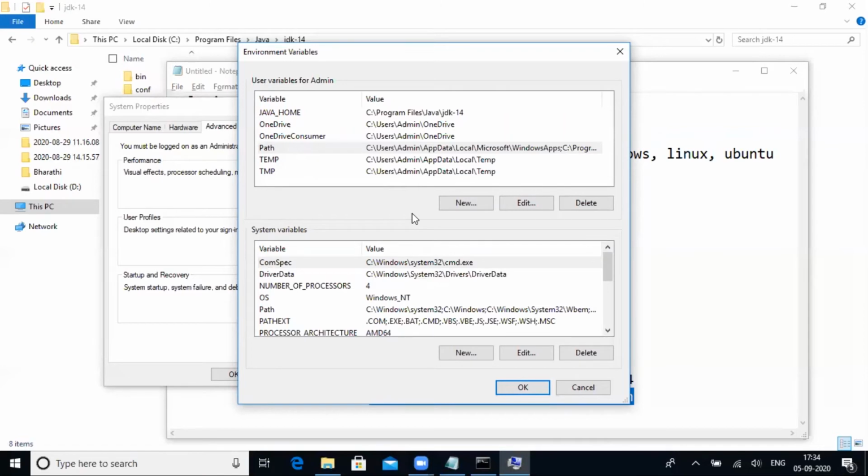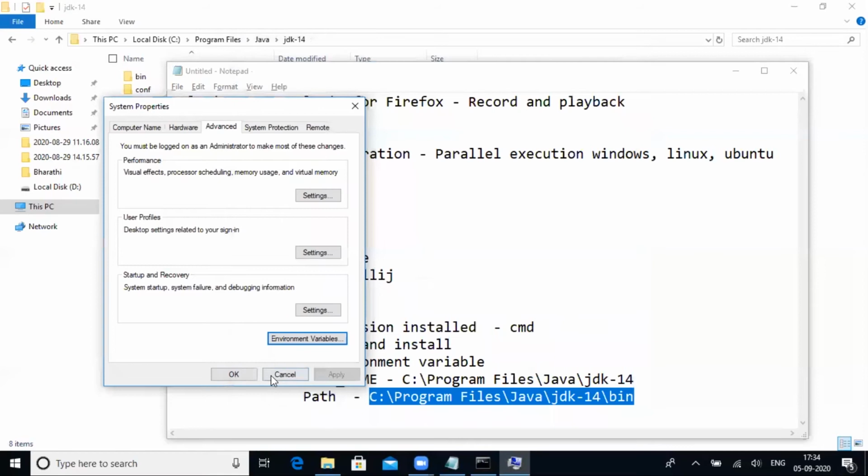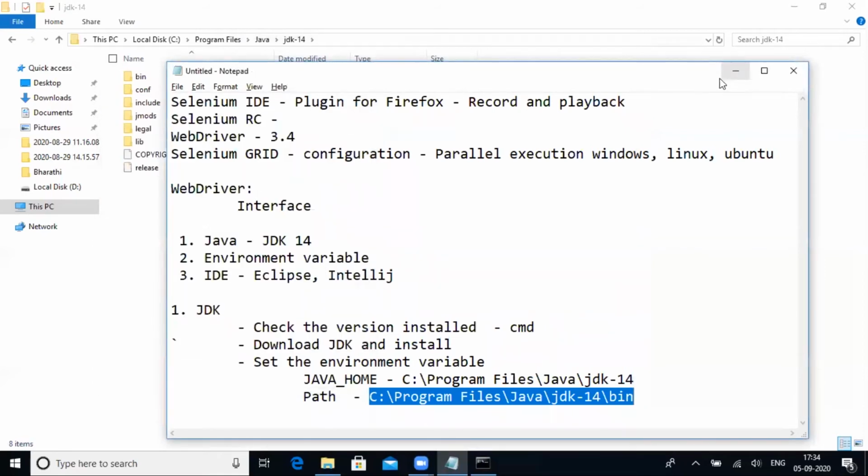So once Java is installed in your machine, you have to set the environment variable. One is Java home. Java home is till JDK folder and path is till bin folder. Then click OK, apply and OK. So your changes will be saved.